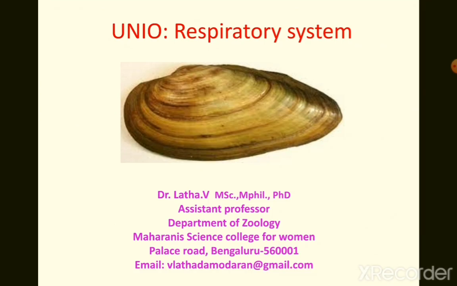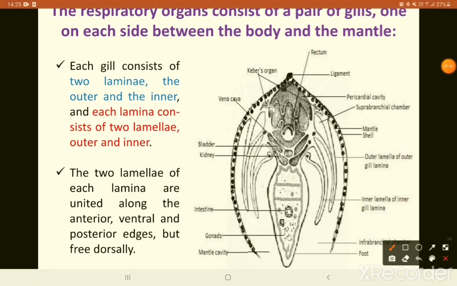Okay, it divides it into chambers: that is the infrabranchial chamber here, and then a smaller dorsal exhalent chamber, which we call the suprabranchial chamber. So this whole thing is the mantle cavity, and because of the presence of these gill plates, it is dividing this mantle cavity into a ventral larger infrabranchial chamber and an upper smaller suprabranchial chamber.